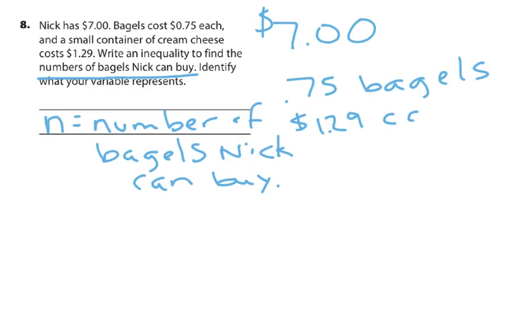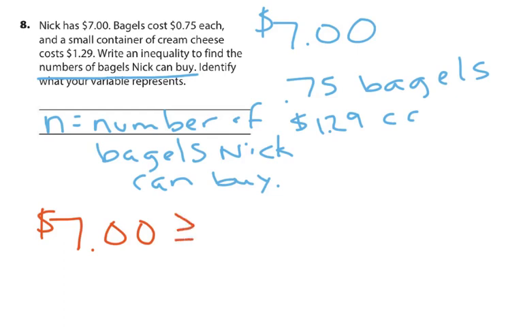Nick has $7. Can he get any more money than $7? No, that's our limit. That's the most amount of money he has. He cannot spend $7.01, $7.02, $7.50. That's the maximum amount of money that he has. So when we write this equation and we think about it,